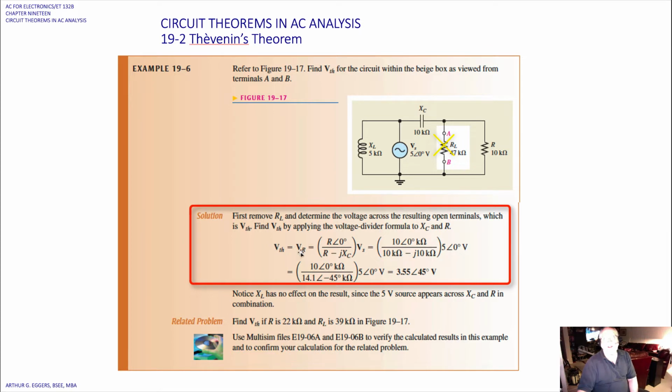So V Thévenin then is equal to the voltage across the resistor R,